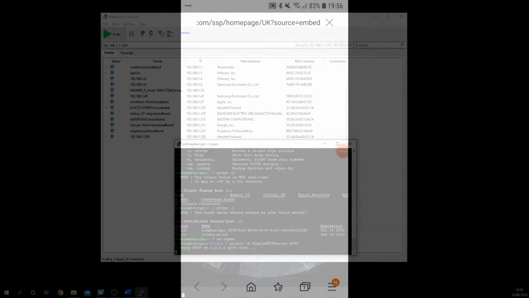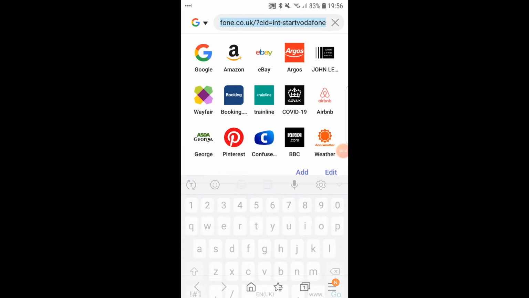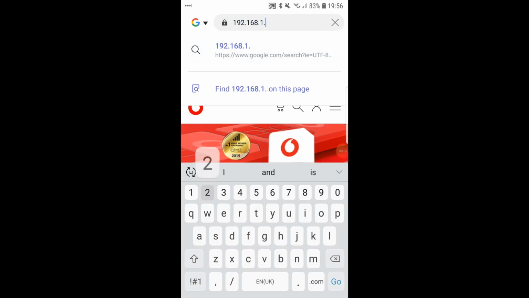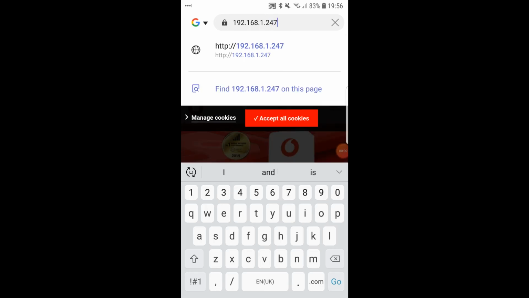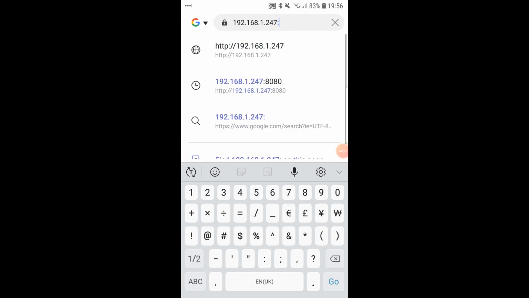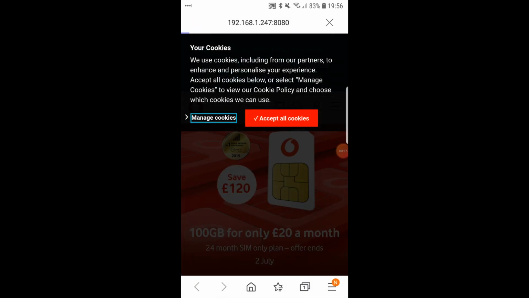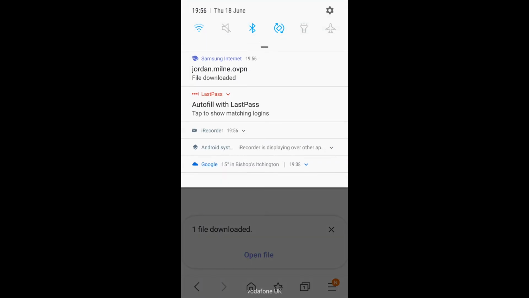I will now show you this on my phone. Right, so let's open up the browser, put in the IP address, not forgetting the 8080 at the end, and go. There we go, there's the file. Let's download that and then just check it's done. Yep,